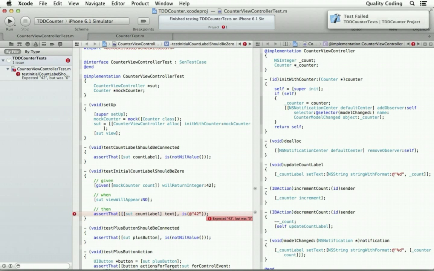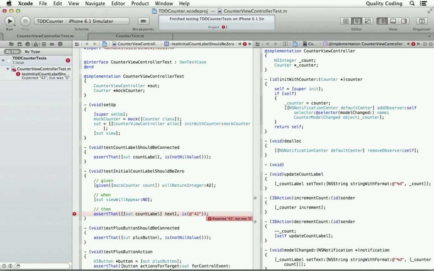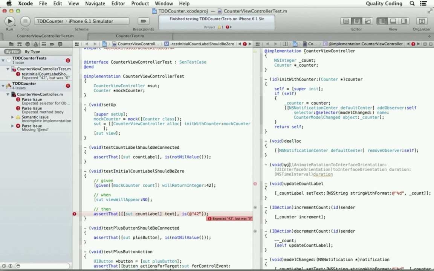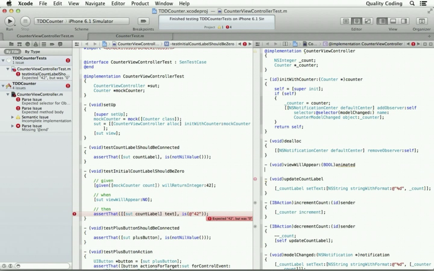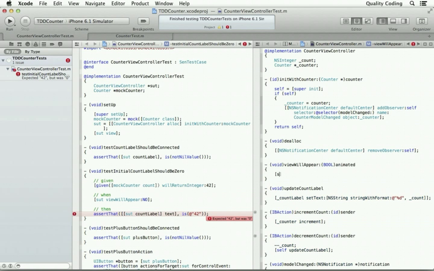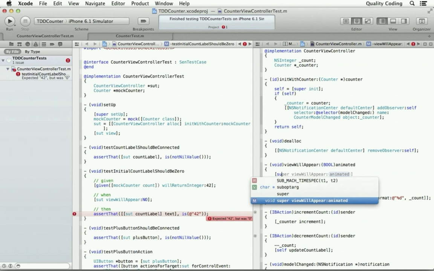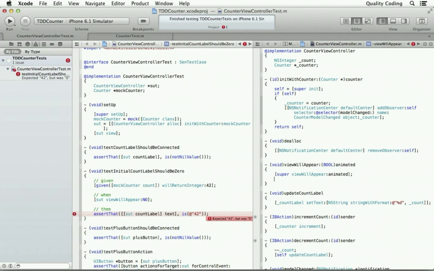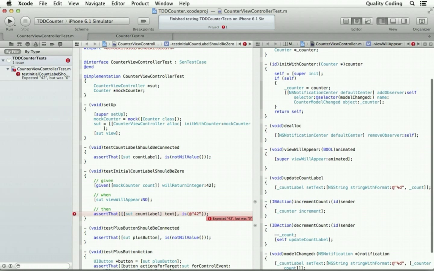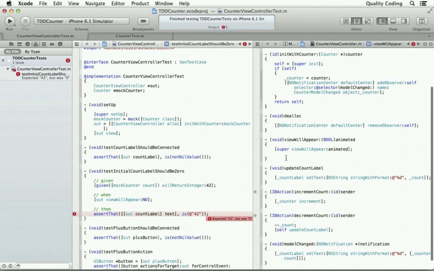Now let's add view will appear. I'm going to call super. Again, I'm not TDDing that. I'm just doing that because I know that it's the right thing to do because that's how you write it. Now, at this point, I could call model changed.